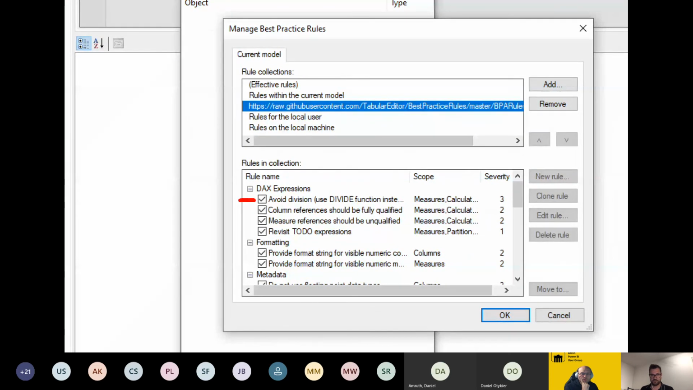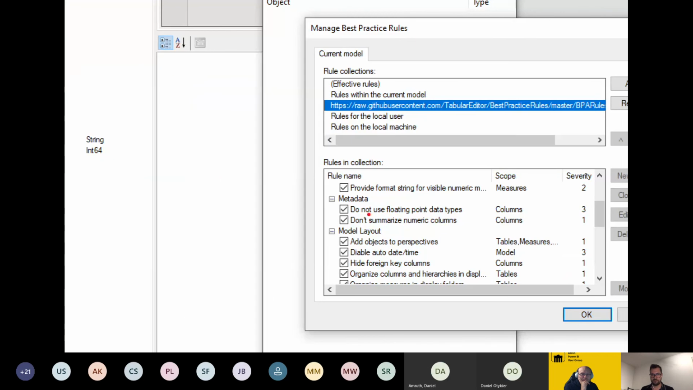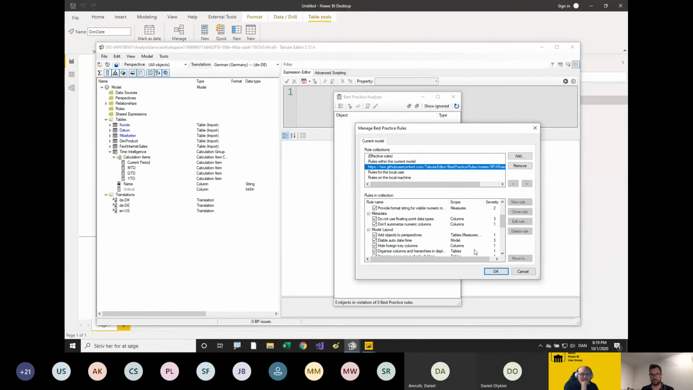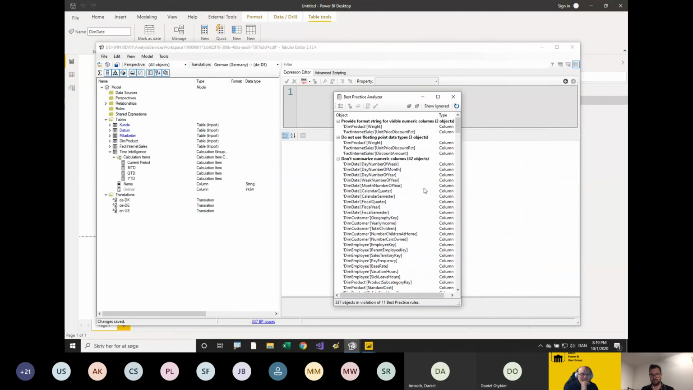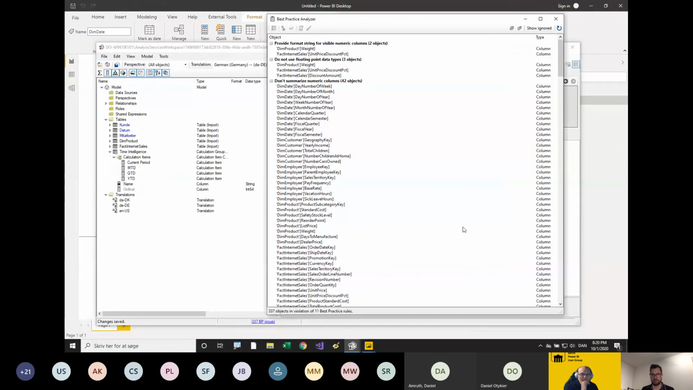For example, we should avoid division, use divide instead. We should remember to fully qualify column references in our DAX expressions. We should provide format strings. A lot of different things that we should always remember to do when we are building models. We should avoid using floating point data types, don't summarize numeric columns, and so on and so forth. So when I click OK, you can see now that I get a very comprehensive analysis of these best